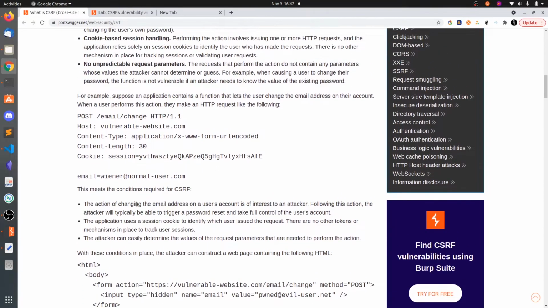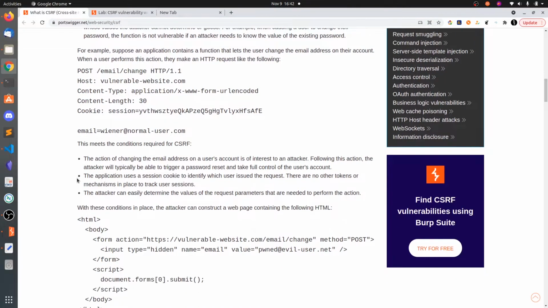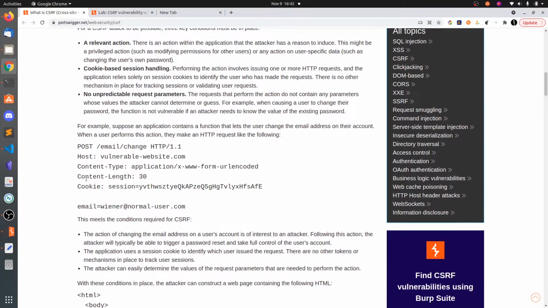Here this is possible because of no same-origin policy. Say I am on this website portspeaker.net. If I fill up a form that sends a request to, say, twitter.com, it should not be accepted by twitter.com because we are sending it from portspeaker.net. That is one thing, if there is no same-origin policy.